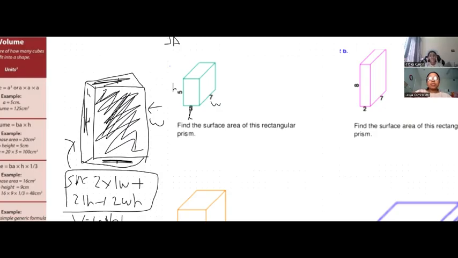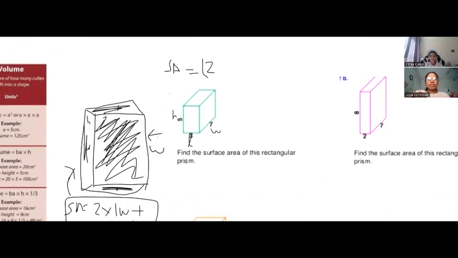That's it. There's going to be 2 times, this is going to take a while because I'm not that fast at writing this, but 2 times length is 3, and then we have width, and that's 7. So that, right? Close bracket, and then you add 2 times,